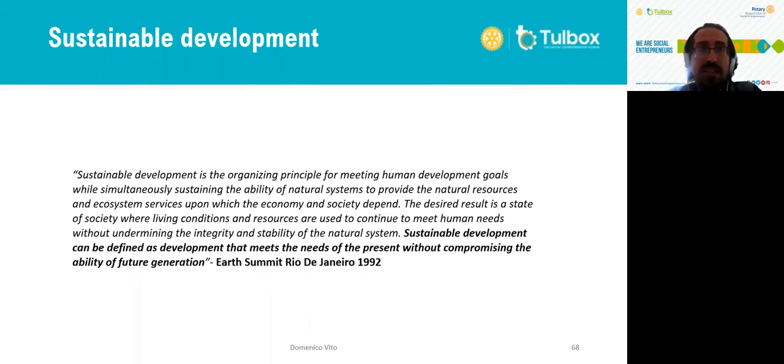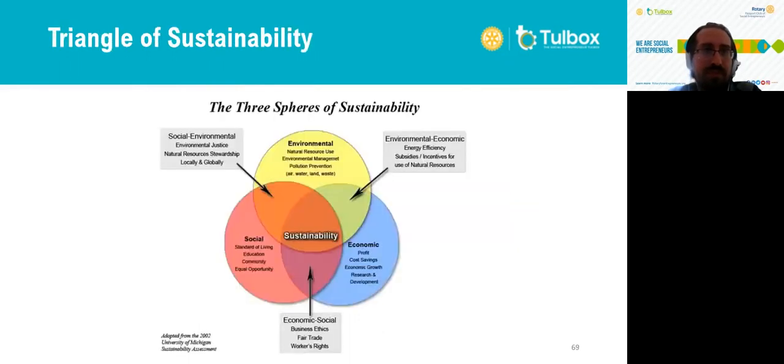And basically, this is the main goal that a sustainable development business, a sustainable development activity, needs to achieve. And if we are improving the state of the world, we are going far beyond sustainability, and we are leading towards regenerativity.